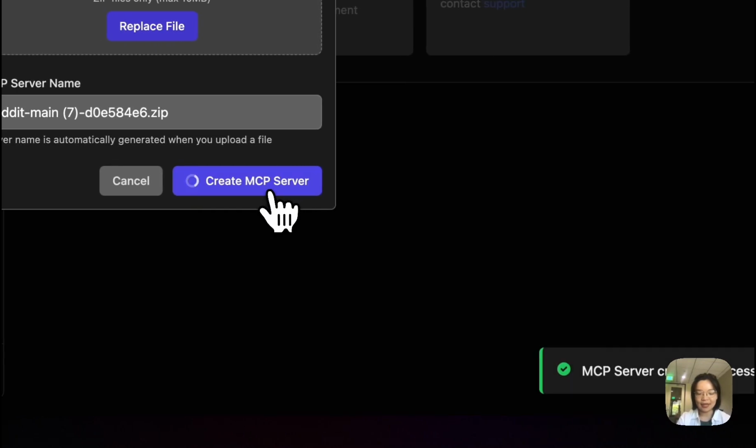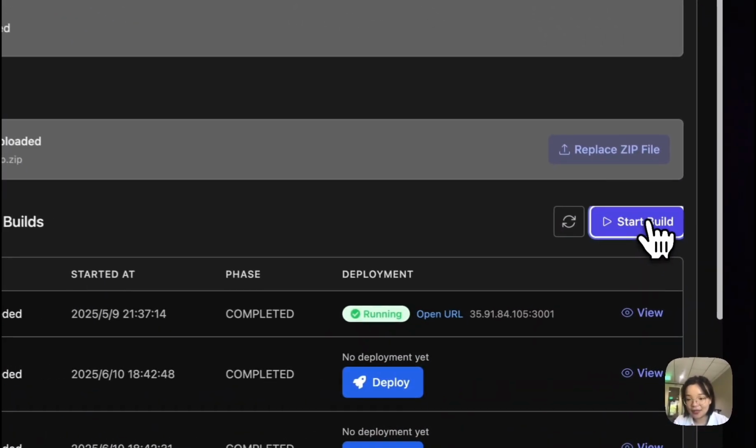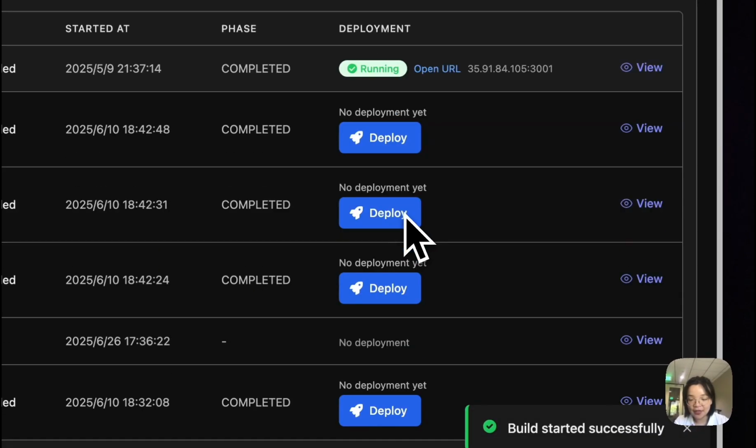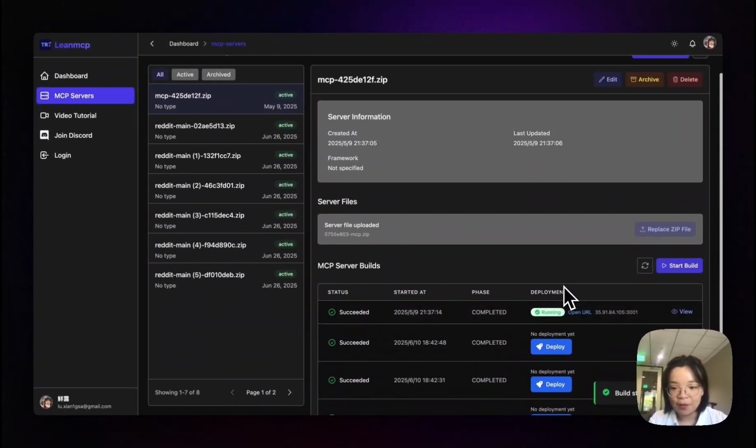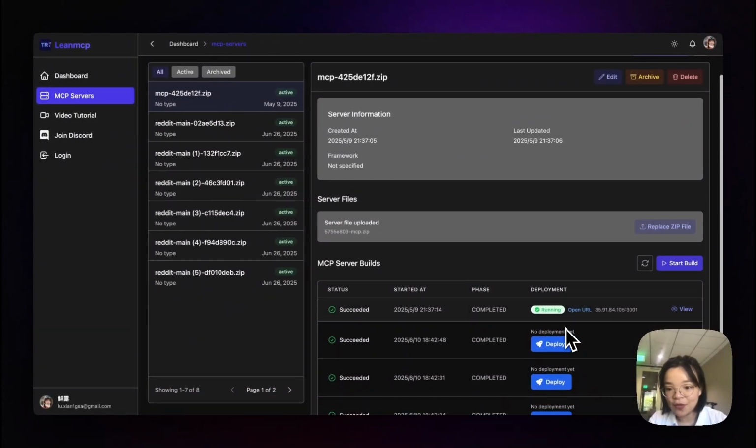And then click on Create MCP server. Click the Start to Build button. After we have built and deployed successfully, we can